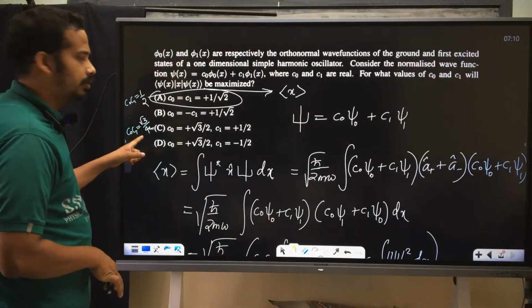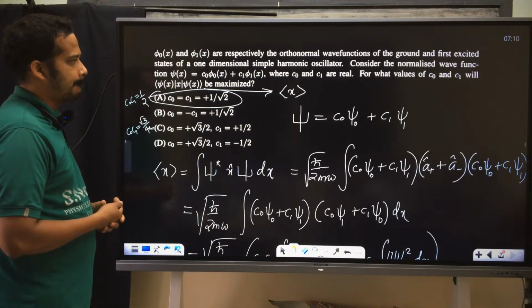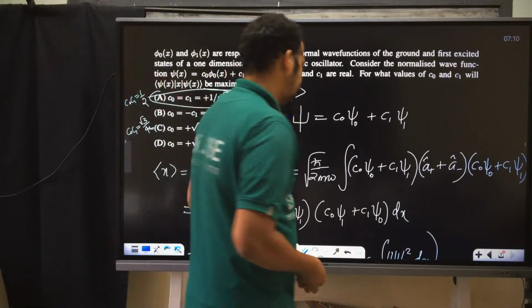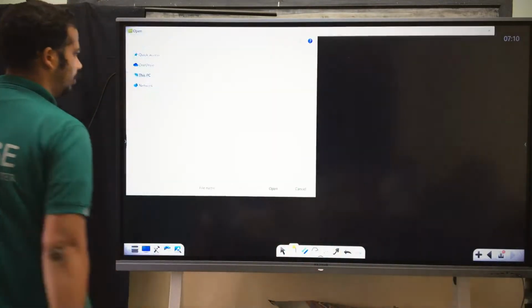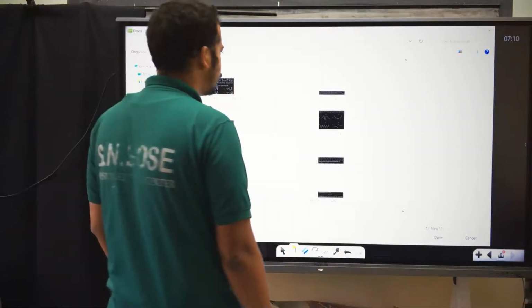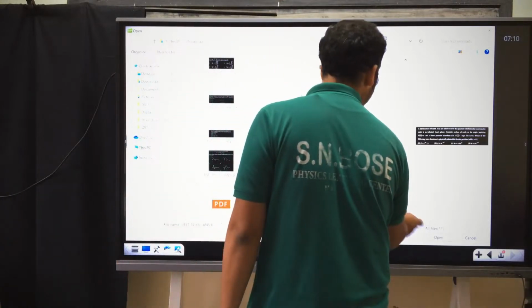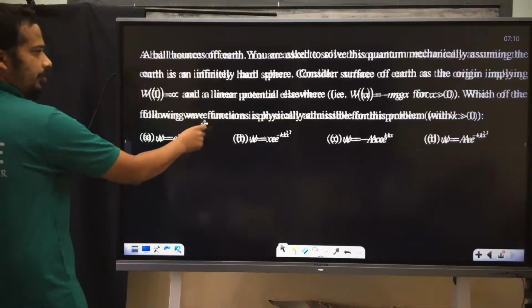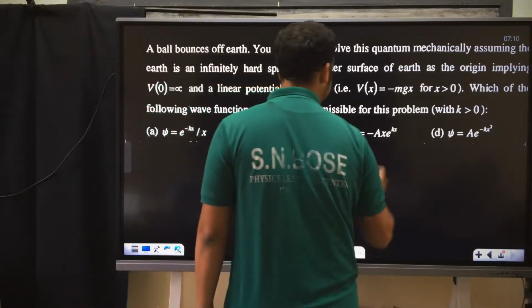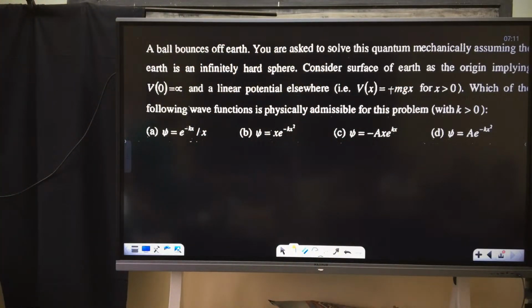0.43. This is 0.5. I need you to have a kind of hold on the problem, okay? I mean, you should solve the problem yourself after solving so that you have a kind of hold on it. So I'll quickly discuss this one. So this should be plus mgx, okay? Potential cannot be minus mgx, it is plus mgx, am I right?